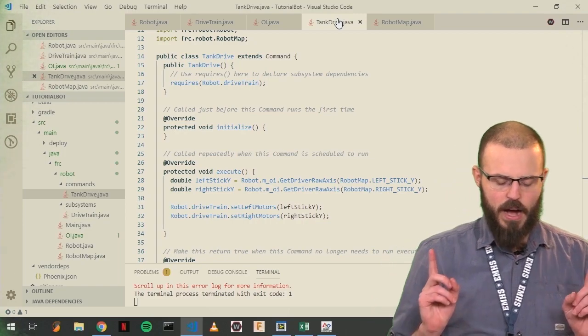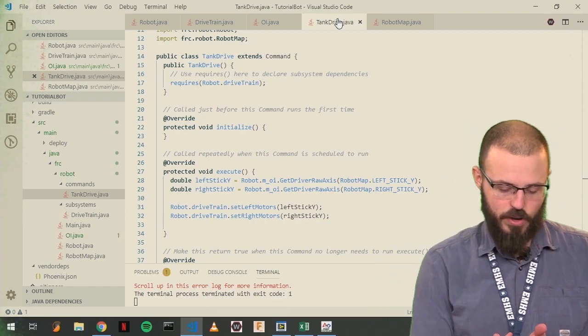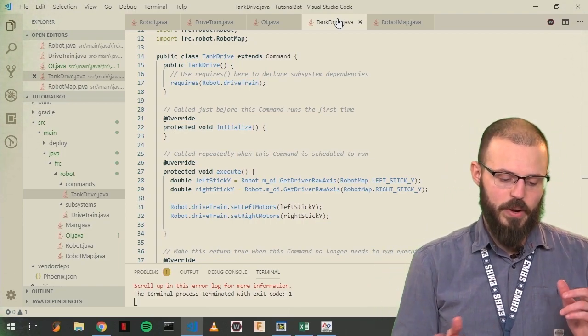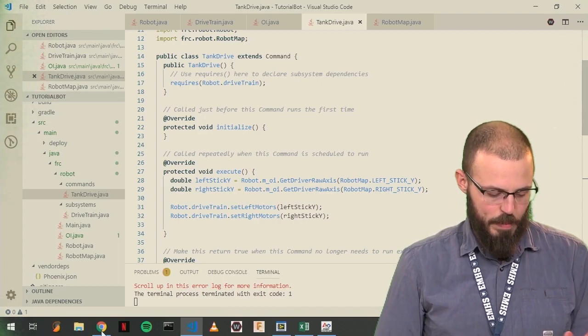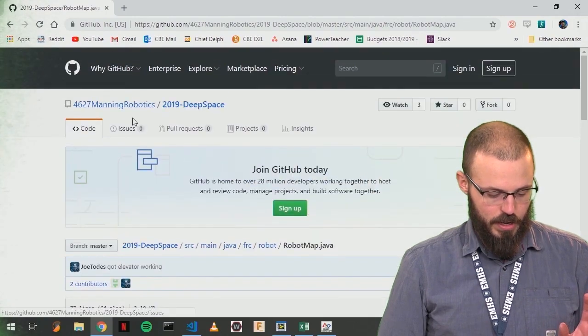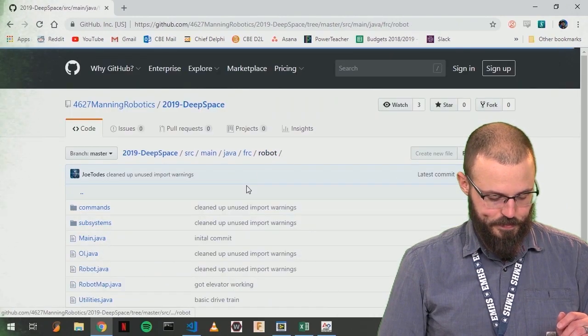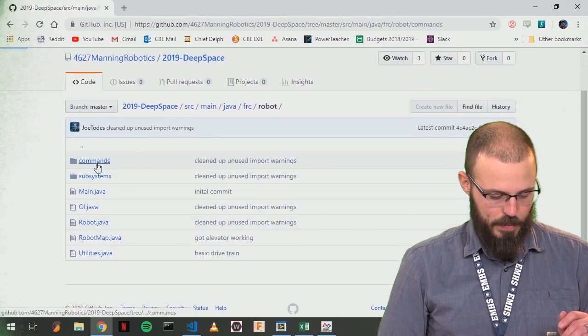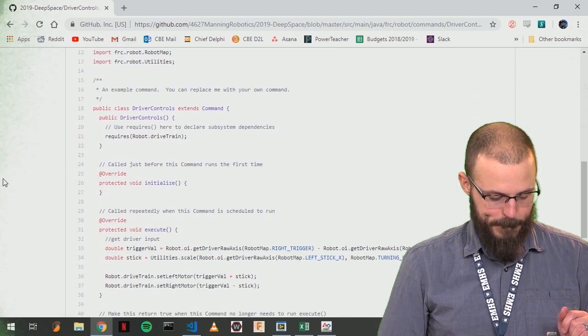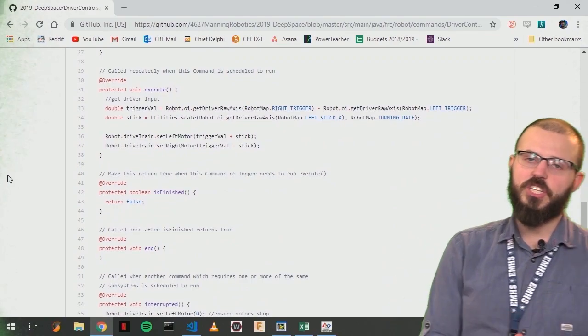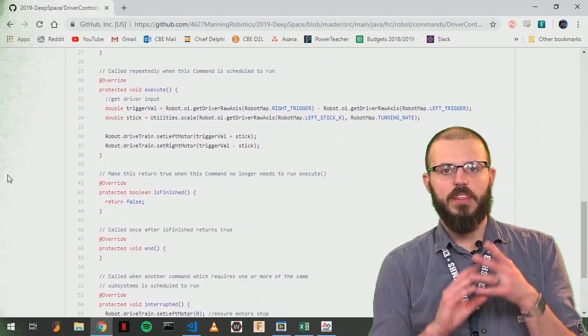Let's talk about one other thing you can do for drive though. Instead of tank drive, we like to use what we've called in our code GTA drive. Rather than make it here, I'm just going to show it to you in our code. Commands, driver controls. So what I mean by GTA drive is the way of